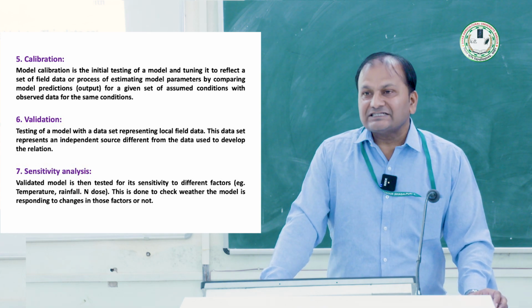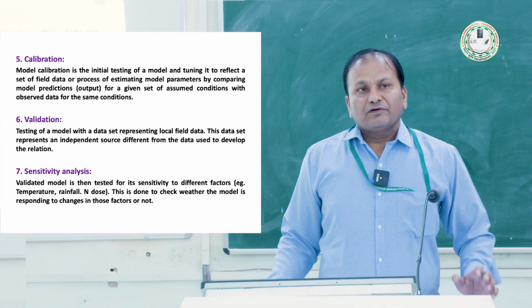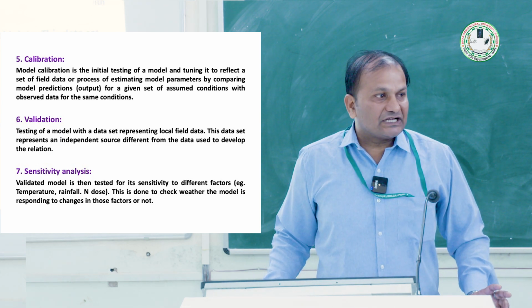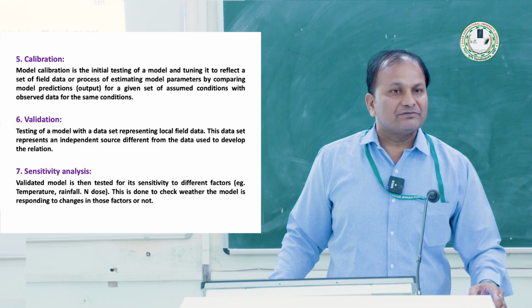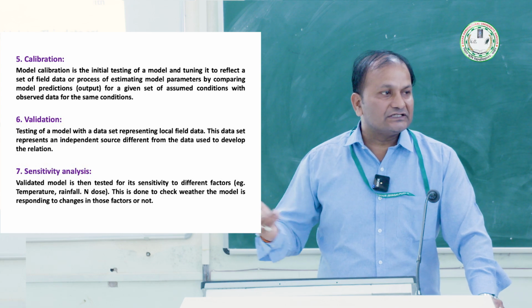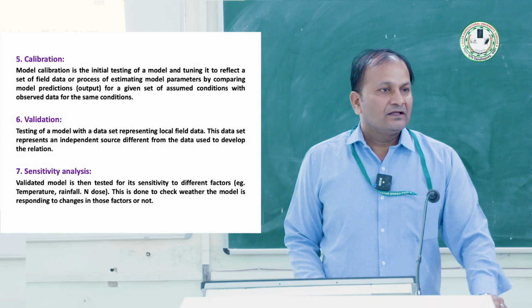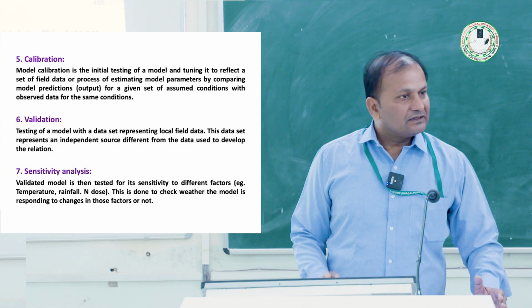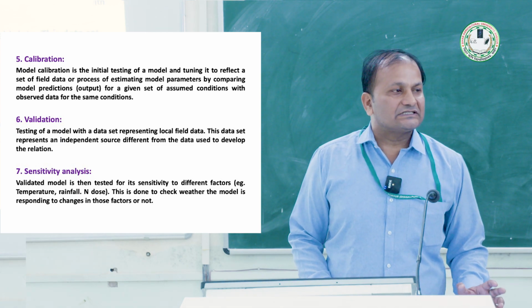Okay. Then sensitivity analysis. Sensitivity analysis means, for example, if we are giving climate change, it means how sensitive the plant is to climate change. In the real world the plant is sensitive, soil is sensitive. Sensitive means if temperature is changing, the plant's growth is changing, yield is changing. That is sensitivity. So in the model also we can check its sensitivity. If we provide a different environment, it will also give a different type of result. So that is checking of sensitivity.